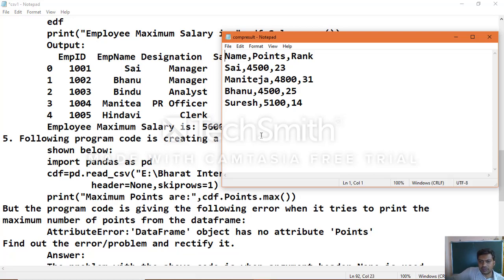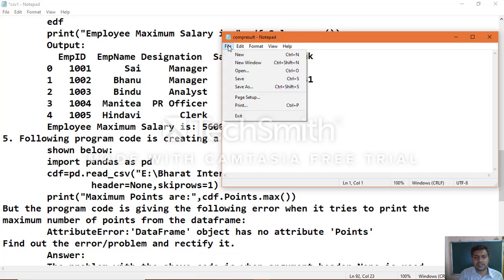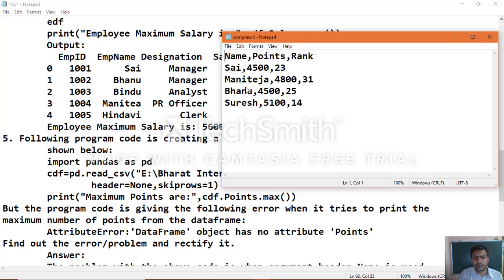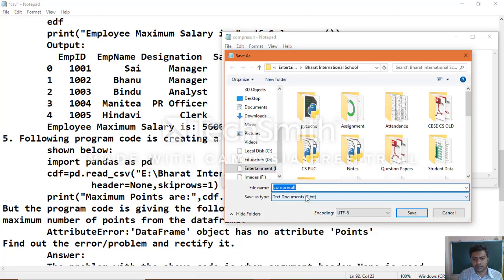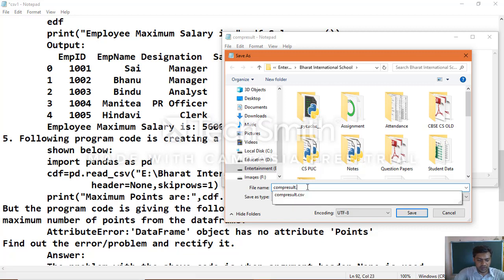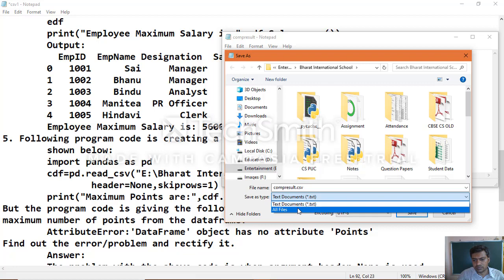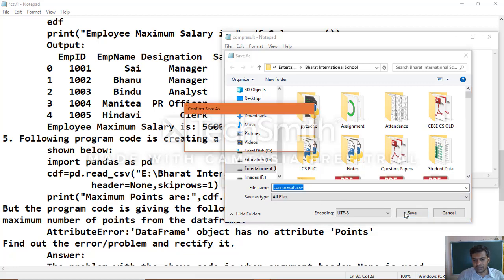So how can we create a CSV file again? Take a notepad in the computer, open it, then type it with a comma as the separator between the values, and then go to the file menu and click save as. Give the file name computer result.csv and for save as type, click all files, then click save.